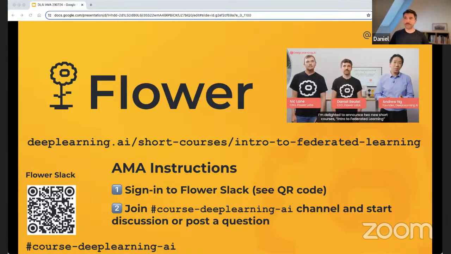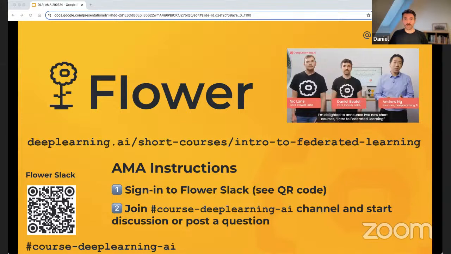Yeah, absolutely. So maybe to set a little bit of context first, you can use Flower either in a notebook, as you've seen in the DeepLearning.AI environment. You can take those notebooks, you can also run them on Google Colab, for example. But then obviously you can also run all of this code on your local machine, and you can either run it using the notebooks, using the run simulation function that you might have seen in the course, or you could also just build plain Python code without using notebook environments.